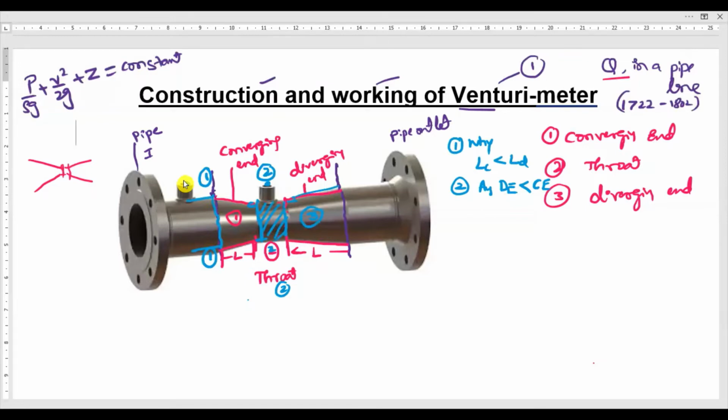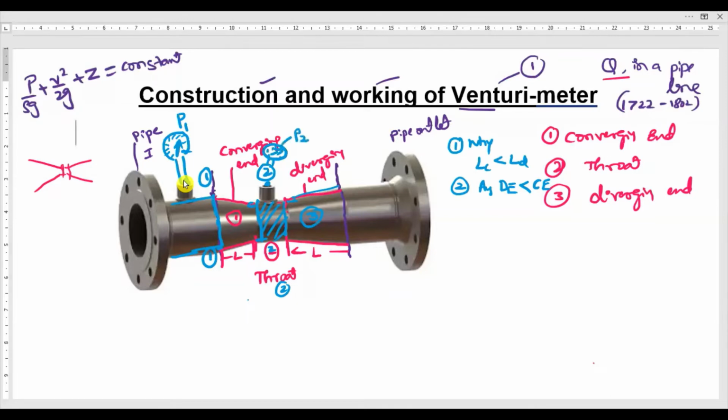At the inlet section also, one point is connected. At point 1 and point 2, they will fix pressure gauges. Here there is a pressure dial indicator. It has some readings, 1, 2, 3, 4, 5, like this up to a certain scale. Here you are measuring the pressure P1. P1 is the pressure at the inlet of the venturimeter. This inlet is connected to the pipe, so you can say it is the inlet pressure in the pipe. The throat also has a pressure gauge with a scale, and that reads P2.